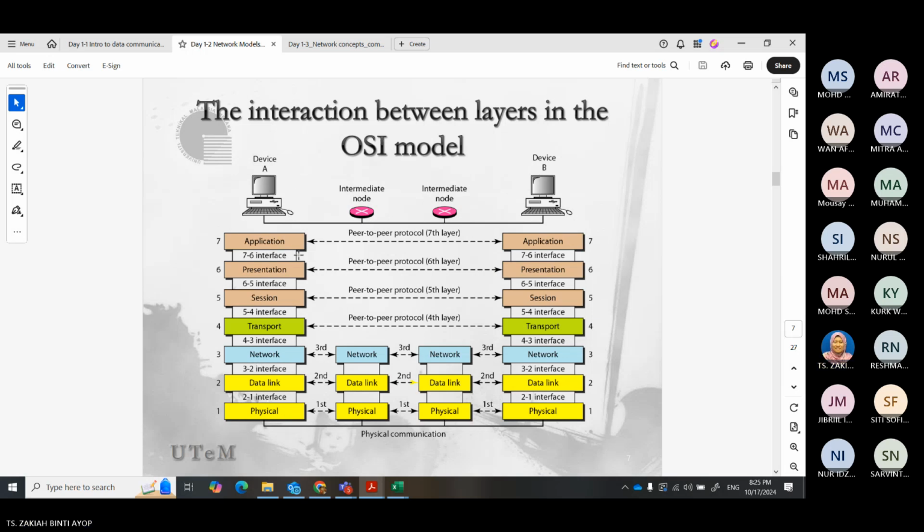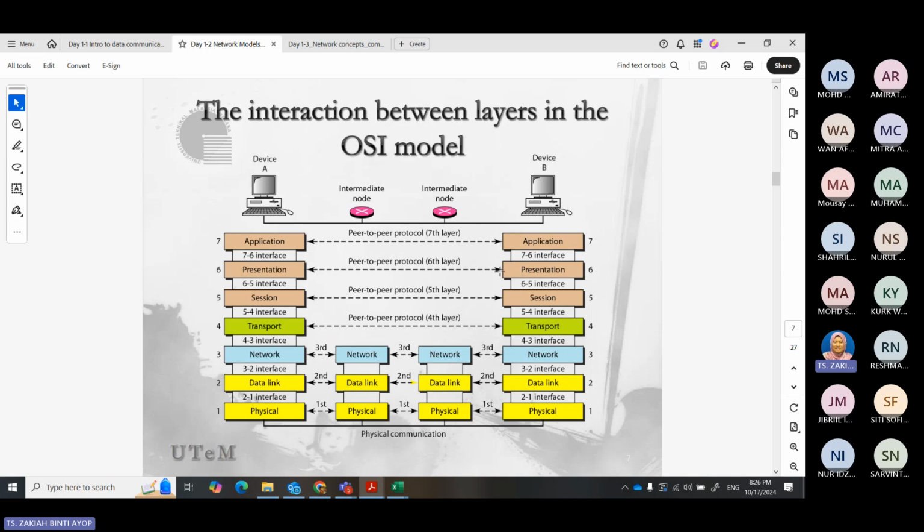And then between layers, we also confirm that the same protocol is used. This is what we call the peer-to-peer protocol. It means that if you want to use HTTP, the other end must be capable of confirming or using HTTP also.